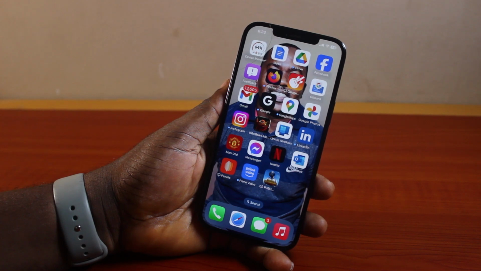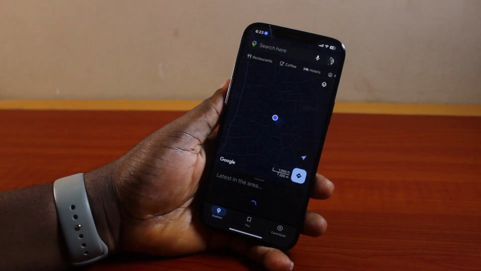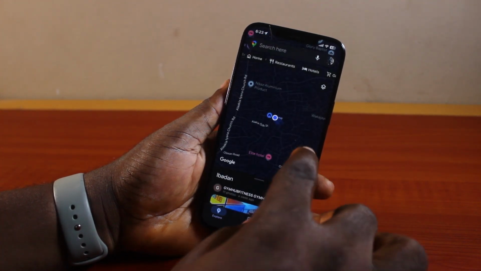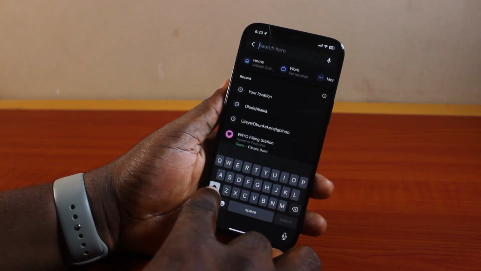Now to do this, all you just need to do is go ahead and open the Google Maps on your phone. So this could be on Android and it could be on iPhone. Now, once you open the Google Maps on your phone, go ahead and search for where you want to save on the Google Maps. So here, let's say I want to search for